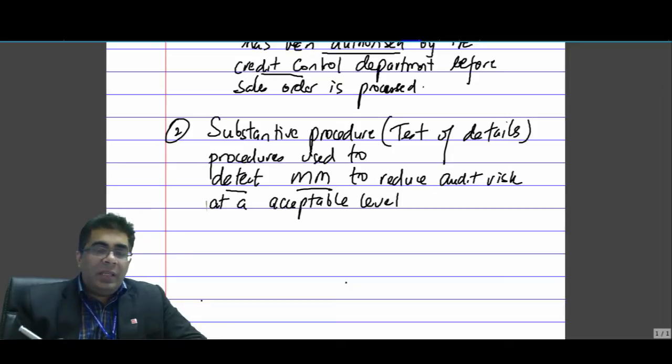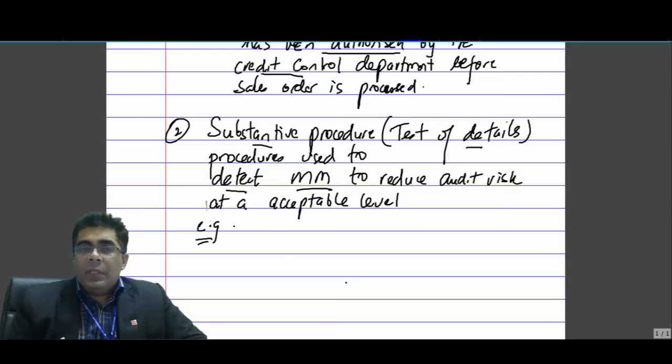So instead of testing the controls, the process, I'm going to do my job again as if the controls are not working. Yeah, so we have to get our own evidence. So an example of this will be to reduce audit risk to an acceptable level. Yeah, material misstatement. Example of this is, take